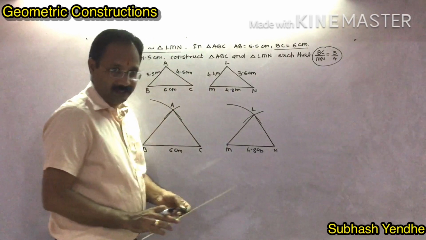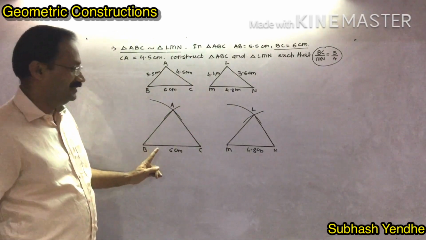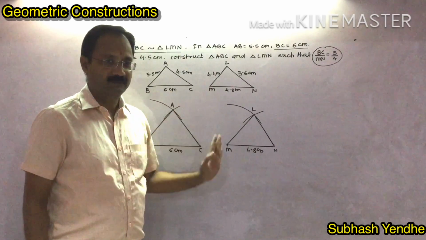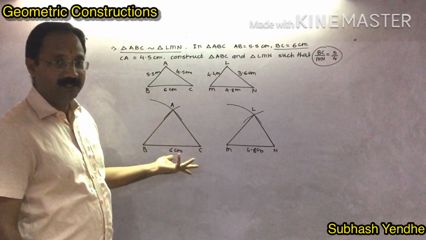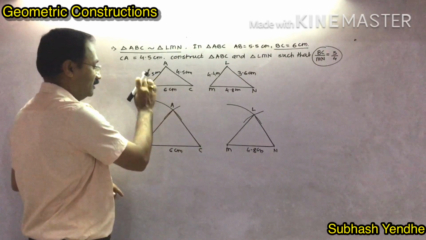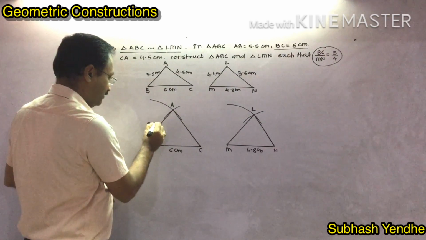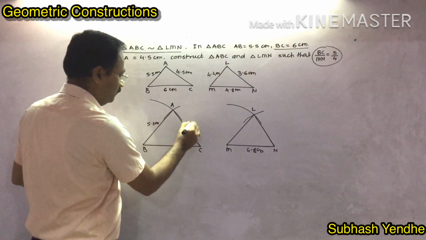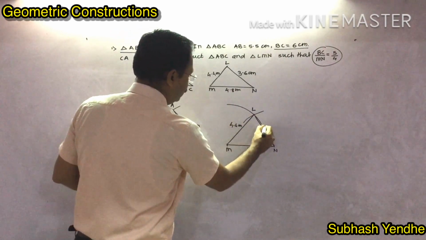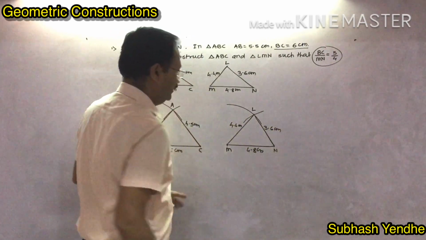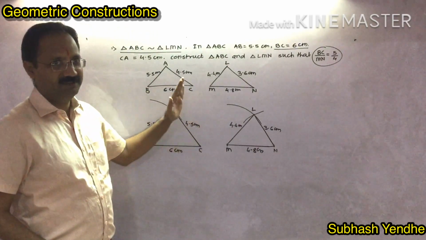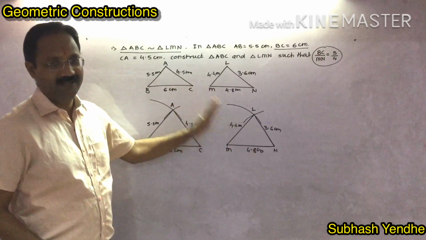Okay. Now here are the two diagrams, but I know that you will write it this way and you will lose half marks. Which part is remaining? Yes, the important part is to write down the measurements: 5.5 centimeter, 4.5 centimeter, then 4.4 centimeter. This is 3.6 centimeter. These are the two diagrams of triangle ABC and triangle LMN.